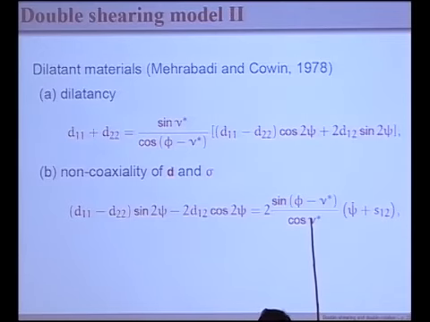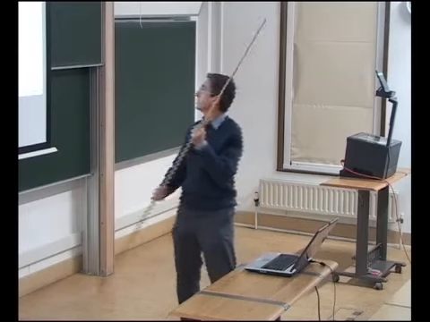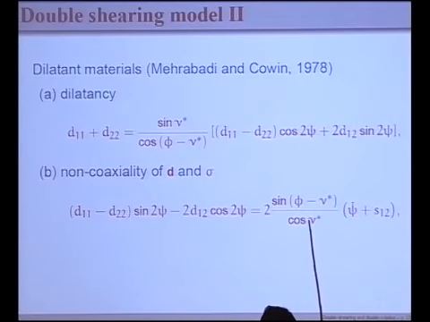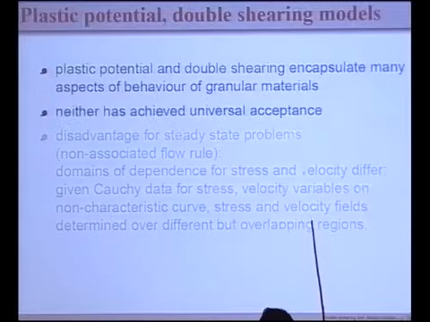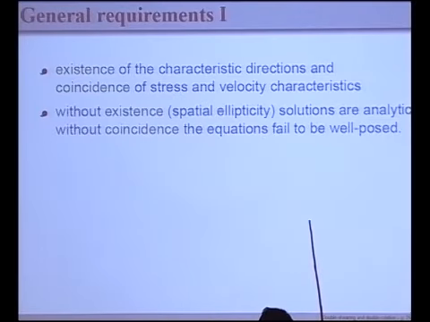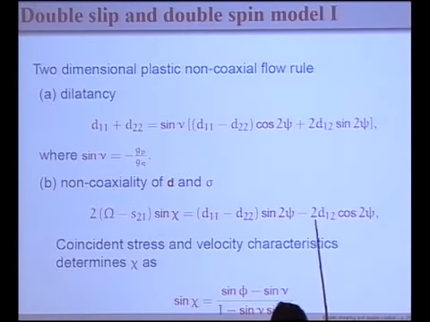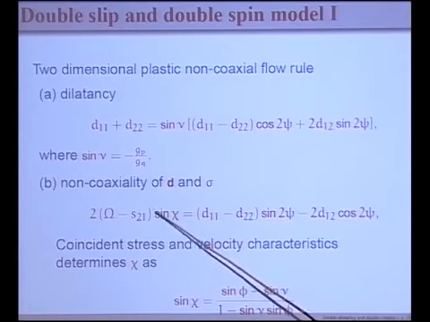The reason that the plastic potential model is ill-posed is, ultimately, that the stress characteristics and the velocity characteristics do not coincide. It's a necessary condition that they should coincide. The double shearing model turns out to be ill-posed because of the presence of this psi dot term that we have here. And so, what I would like to do, if I hadn't been so slow in talking, I would have developed it more carefully,